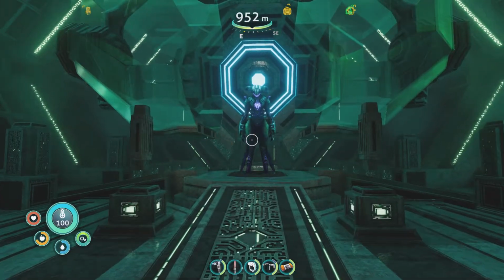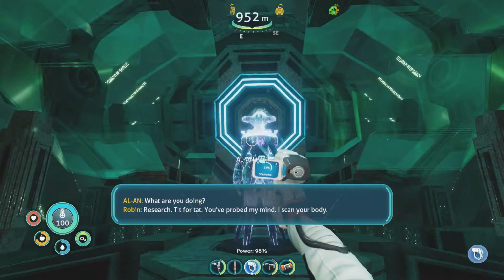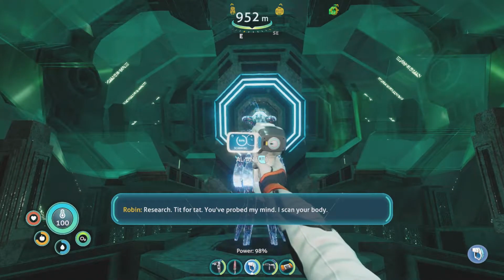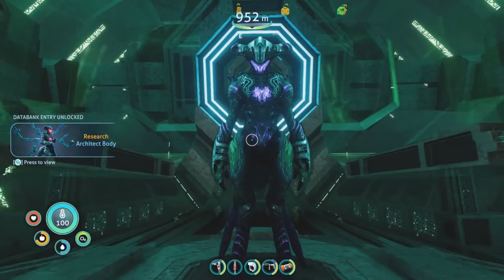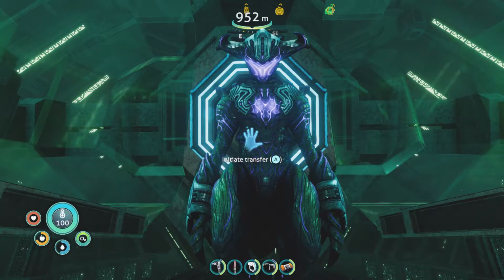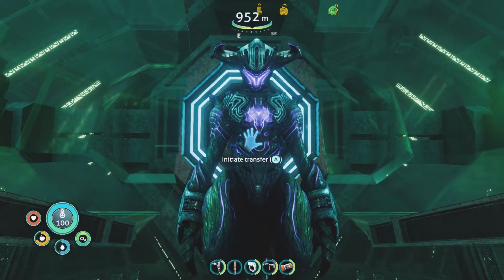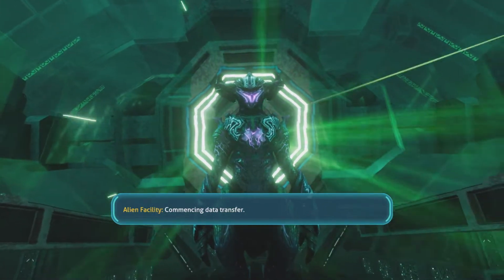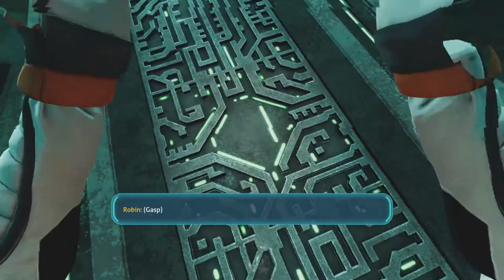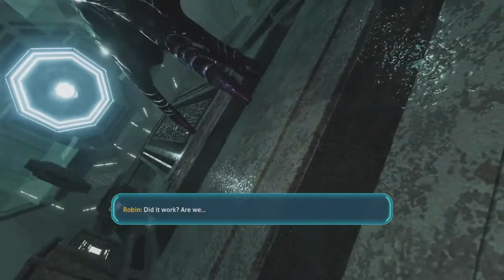So we finally meet face to face. Ooh, I could scan you. What are you doing? Research. Tit for tat. You've probed my mind. I scan your body. I'll check that out later. Alright. Oh, this is just a shell. Alan's still in my head right now. Let's change that. Commencing data transfer. Did it work? Are we...